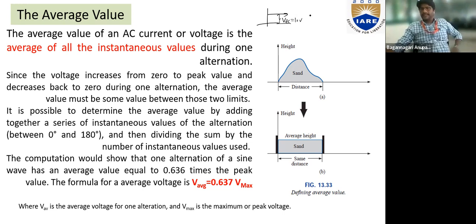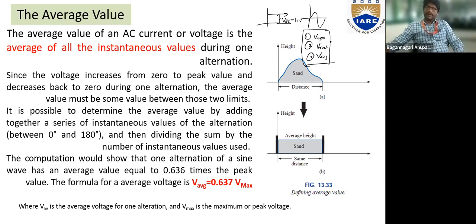But when it comes to AC or alternating waveform, we can't represent it this way. We can represent them in three different terms. One is a maximum voltage, the second is an RMS voltage, and the third is an average value. These are the types of representation in AC. Since it's a time varying quantity, we can represent it with either a maximum value, an RMS value, or an average value. And we are talking about average value now.